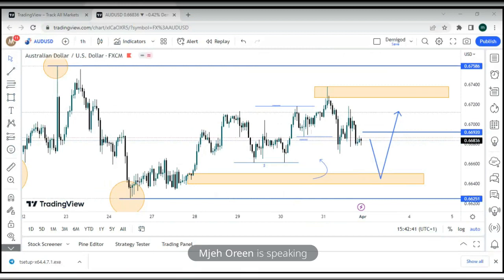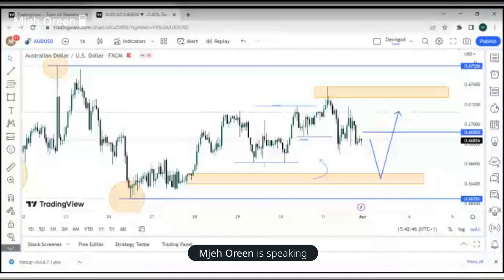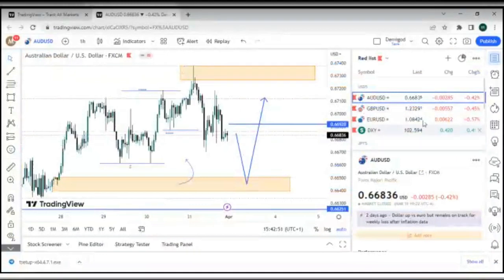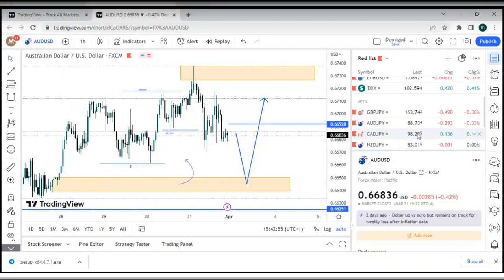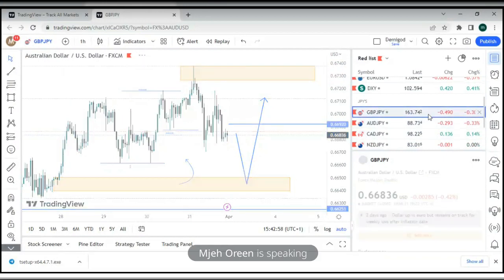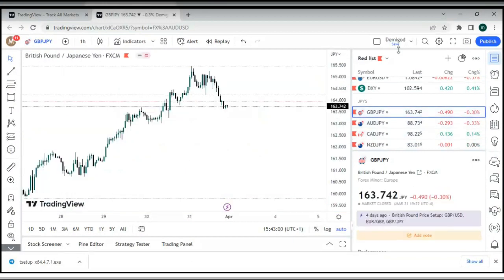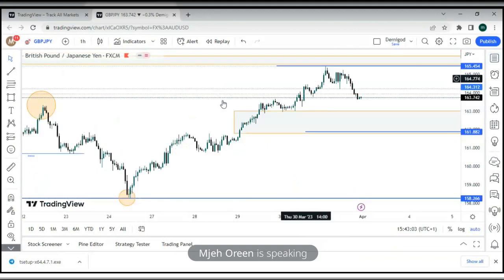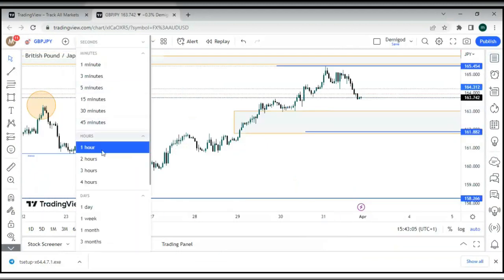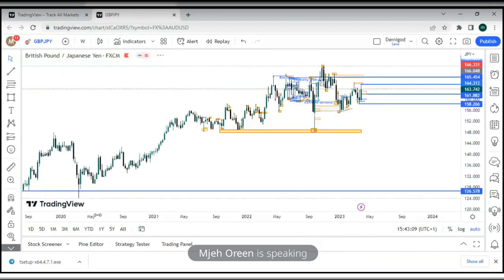So we proceed. Another pair I'll be looking at too is, sorry, GBPJPY. Let's just take a look at GBPJPY. That's one of the pairs I trade. We move over to the 4-hour time frame. Okay, let's just stay at the weekly time frame. Let's look at the direction at which this will be going this week. On the weekly time frame,